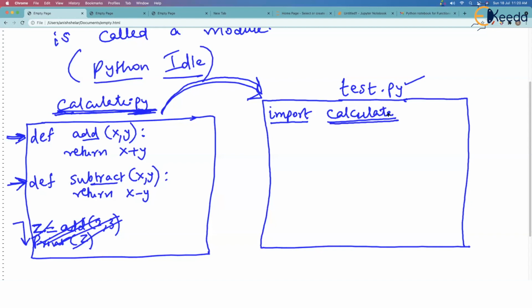So this line, import calculate, will import everything from the calculate.py file. Okay, now have a look at this. Suppose I say z is equal to calculate dot add 2, 3 and then print z.